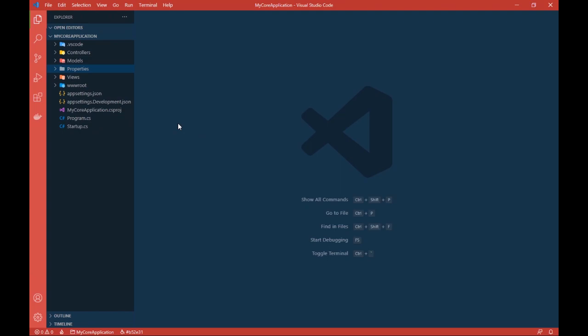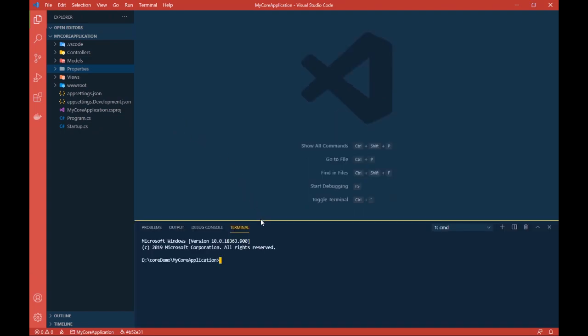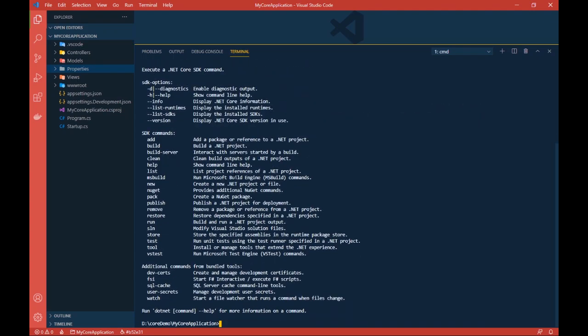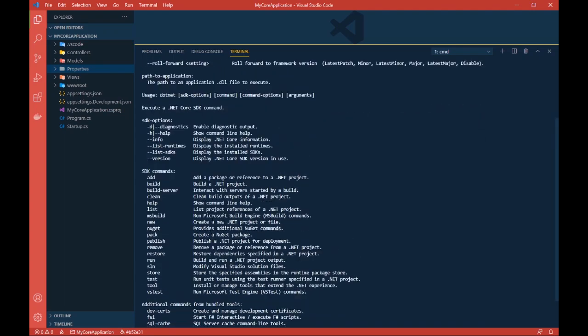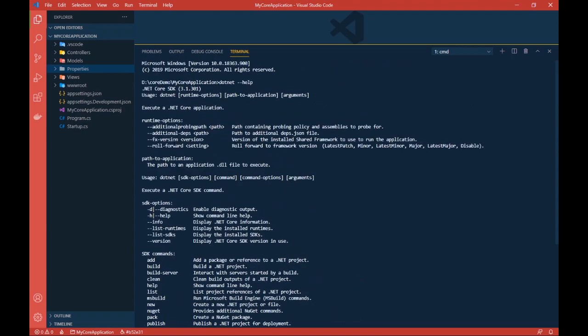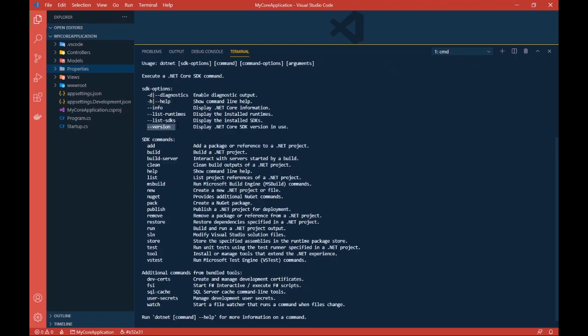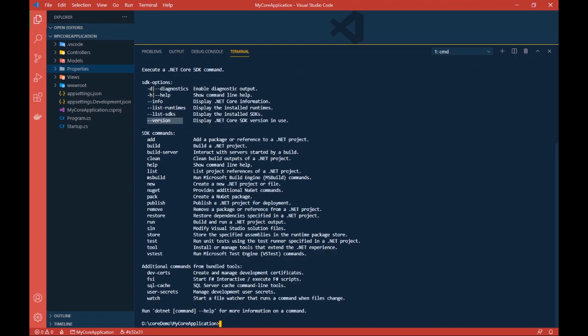Before that, let me quickly show you the list of commands that are available for .NET Core CLI. For that, you just open the terminal and type dotnet --help. This will give you the list of commands that are available. Here you can see the SDK options. You can use version to check the version, and some SDK commands like add, build, publish, remove, restore.